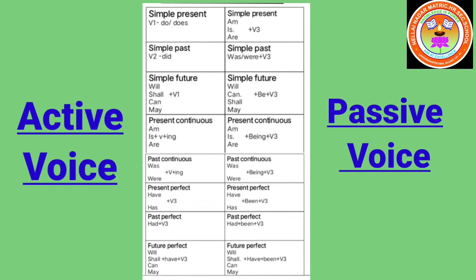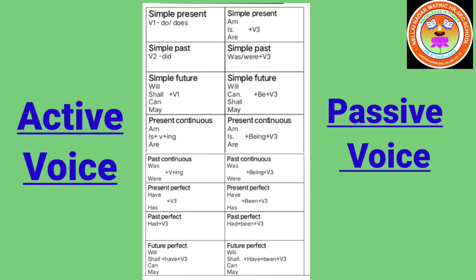That will be changed. The passive voice verb form keeps the same am, is, are for present. Then for continuous we have to add being, because we are going to change the verb into V3. We cannot add ing to the third form of the verb, so we have to add another word, being, in between the be form verb and V3. That is the way we can give importance to present continuous tense.